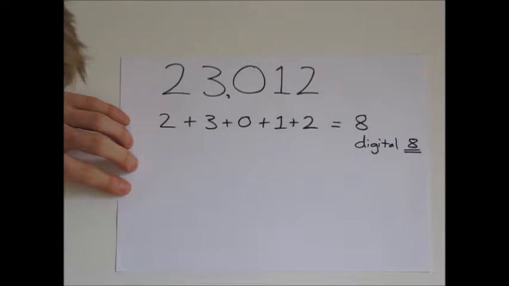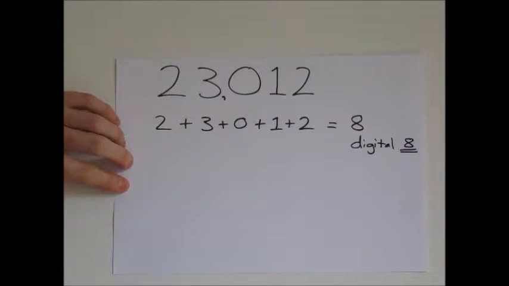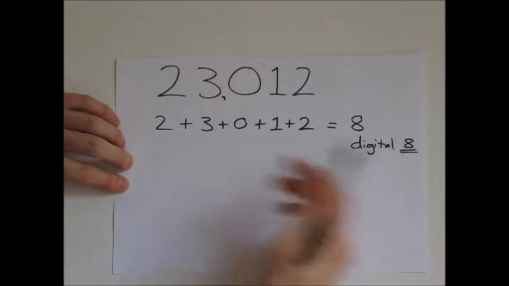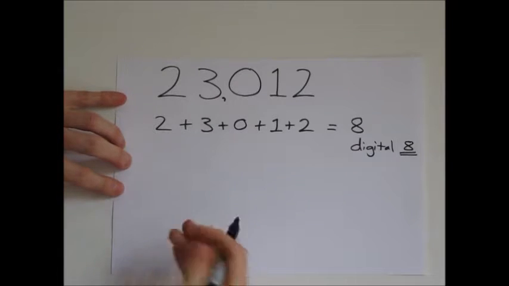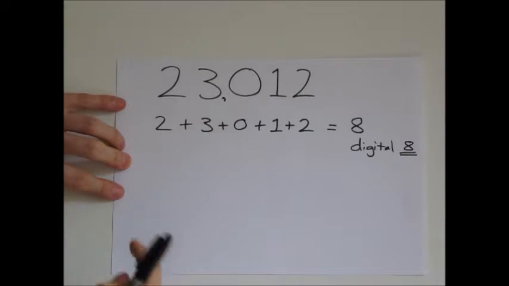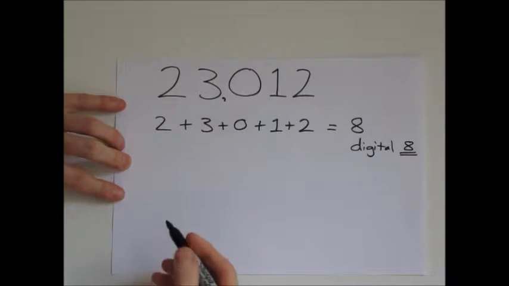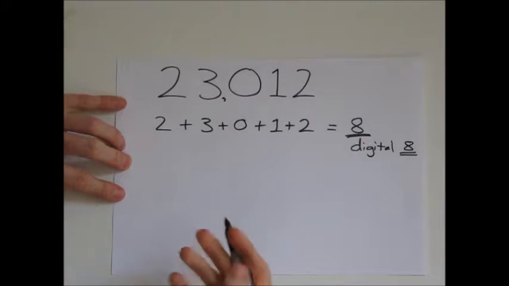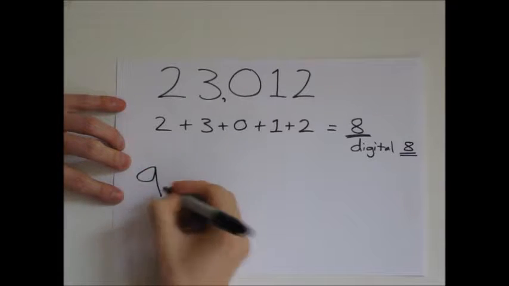So going back to our 3 times table, is it in the 3 times table? It can't be, because the digital root is not a 3, 6 or 9. So it's not a multiple of 3. Let me just give you one more example of calculating a digital root when it goes above 1 digit, when it's 2 digits. So let's just put in